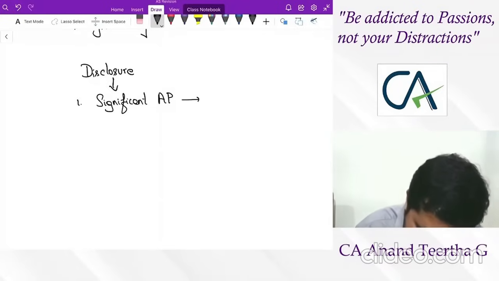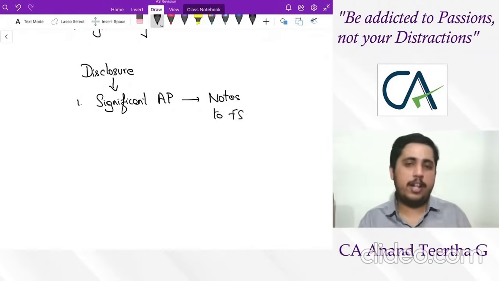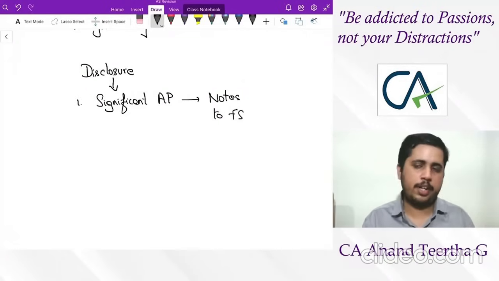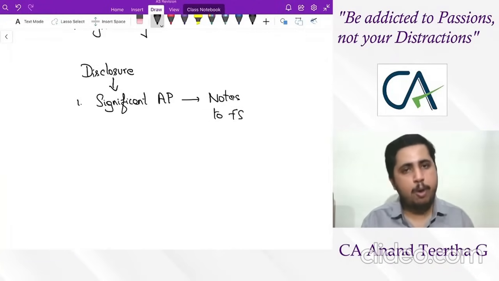Now, a question comes, where is it supposed to get disclosed then? It should get disclosed in notes to financial statements. So if I have to give you an example, say a company is supposed to present its financial statements, it should do it according to Schedule 3. Over there, after the financial statements, notes are supposed to be given saying what are the significant accounting policies followed